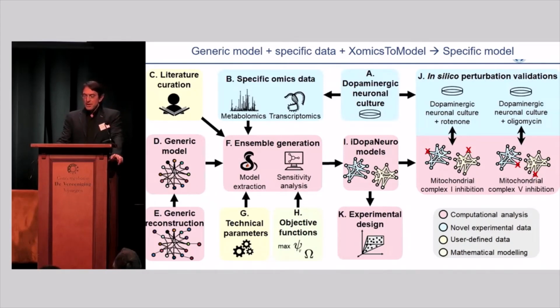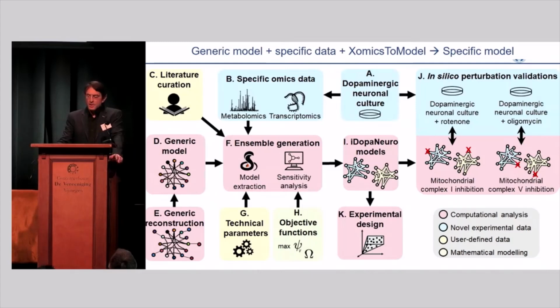So essentially the idea is you can combine the computational analysis with experimental data generation and mathematical modeling and integrate those things together in this XomicsToModel pipeline to generate cell type specific models. This example here is illustrating for the dopaminergic neurons, but you could do it with any other iPSC derived cell type or another cell type you can culture in vitro, or even you could use it for in vivo data